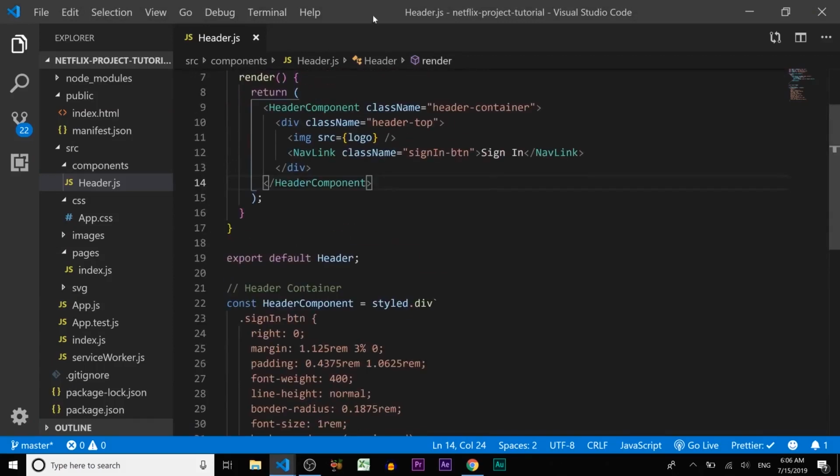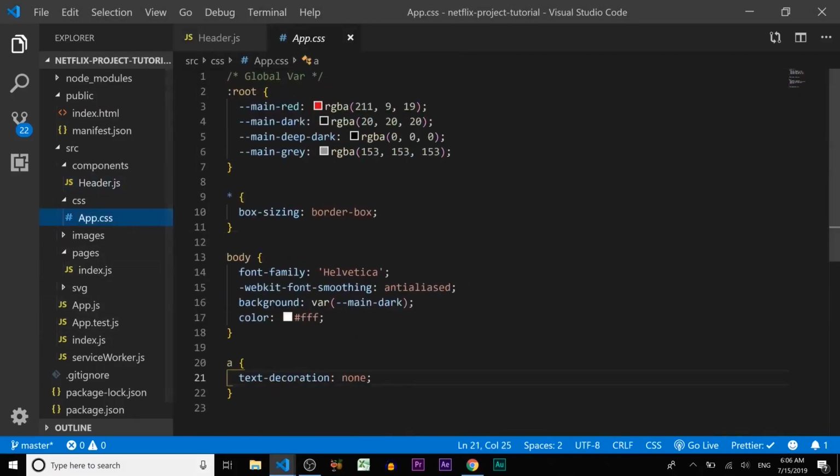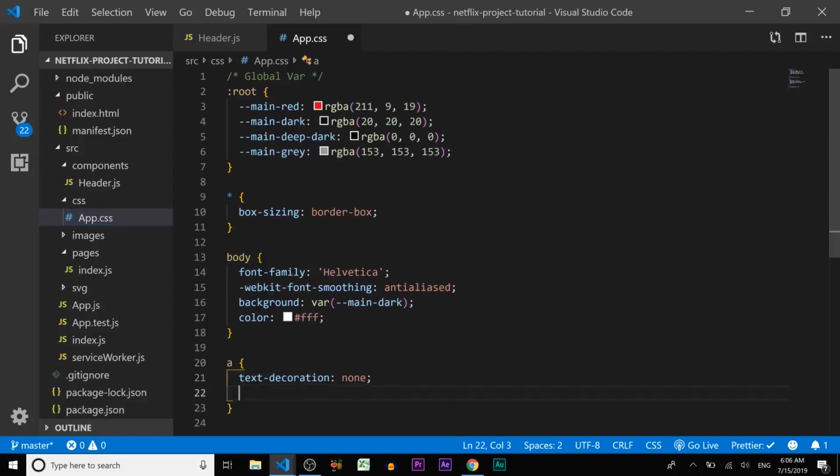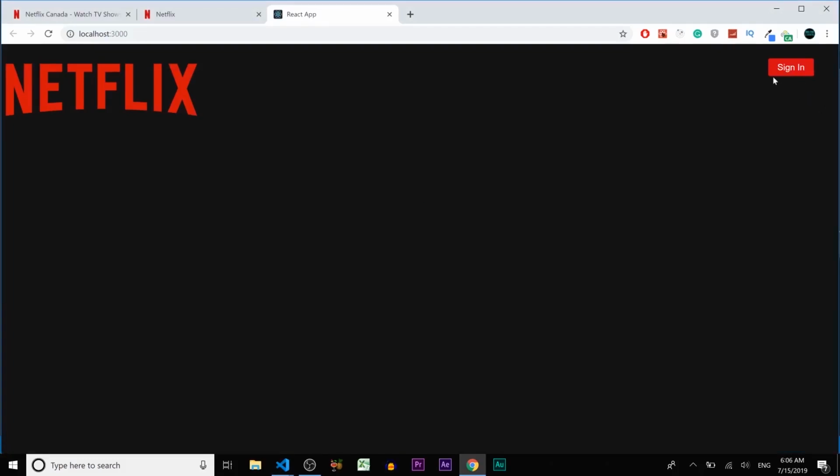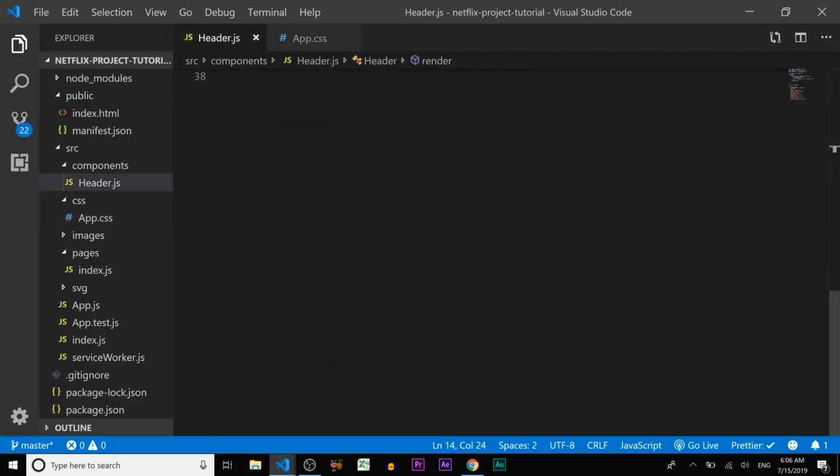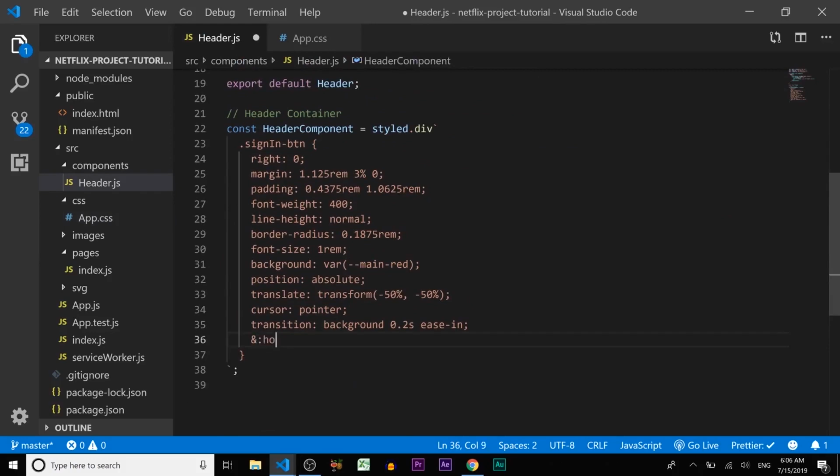Alright, save. Let's go back. Yep, we need to change the color. Let me see. Body color, yes. For our links, let's do color. Gonna be white. Alright, let's save. Okay, let's do the hover. And the hover gonna be background